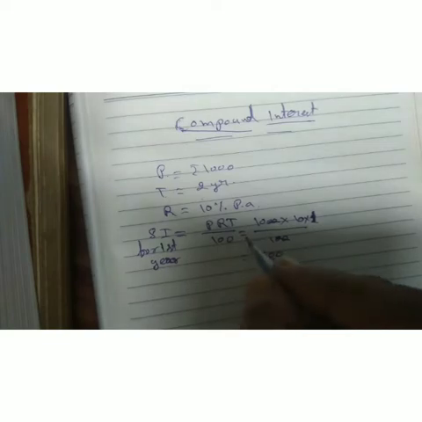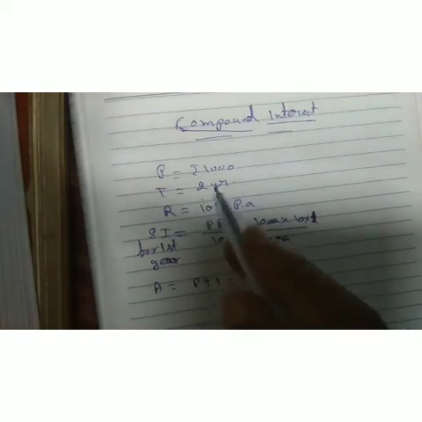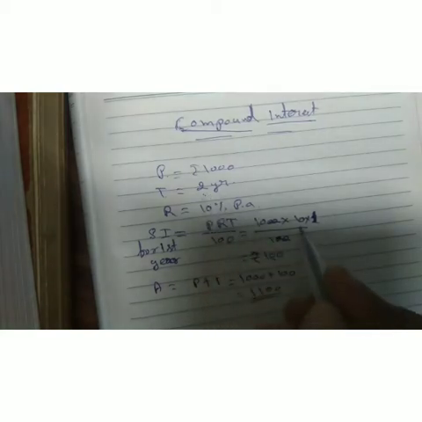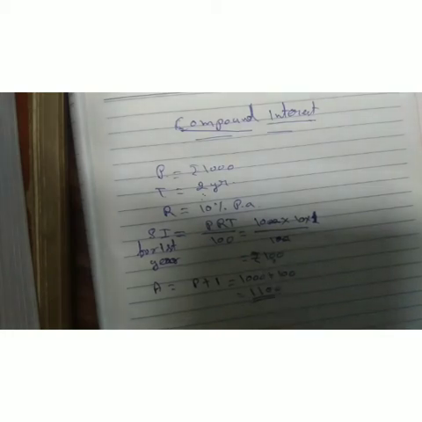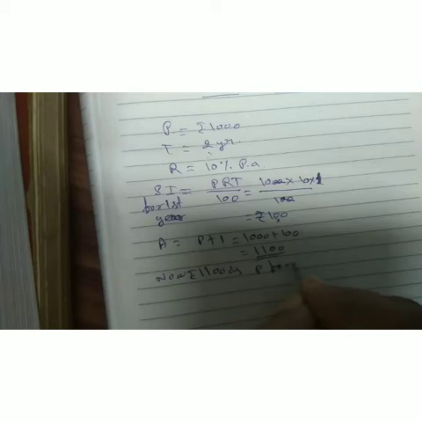So what I told in the beginning, how will the amount be calculated? Amount is equal to P plus I. P means 1000 plus 100, it is 1100. This amount becomes the principal for the next year, that is for the second year. This is the interest of the first year, simple interest. So for the second year, now rupees 1100 is P.